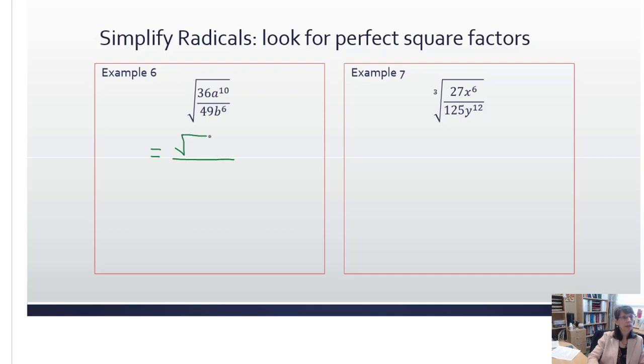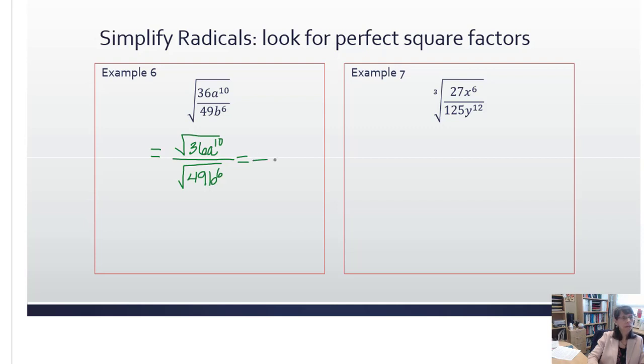In the numerator, we'll have the square root of 36a to the 10th, and our denominator will also be a square root, and that means 49b to the 6th is under the radical. The reason why we're able to separate this with the quotient rule is because both 36 and 49 are recognizable as perfect square numbers. So the square root of 36 you may know as 6 because that comes from 6